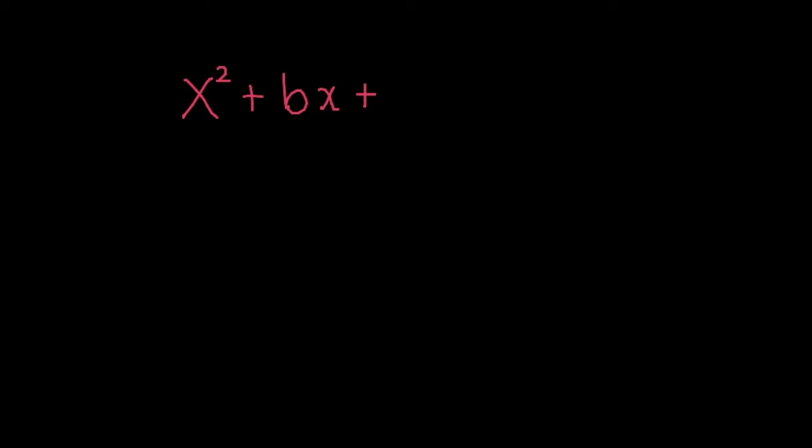So let me write down the more general form of a quadratic trinomial, which begins with ax squared. And a could be any number. It doesn't have to be 1. So recall that when a is equal to 1,